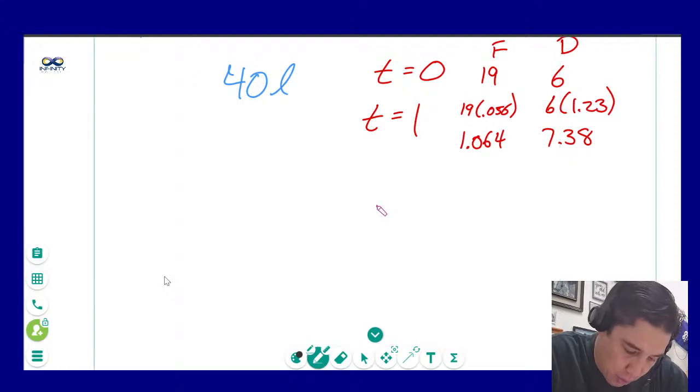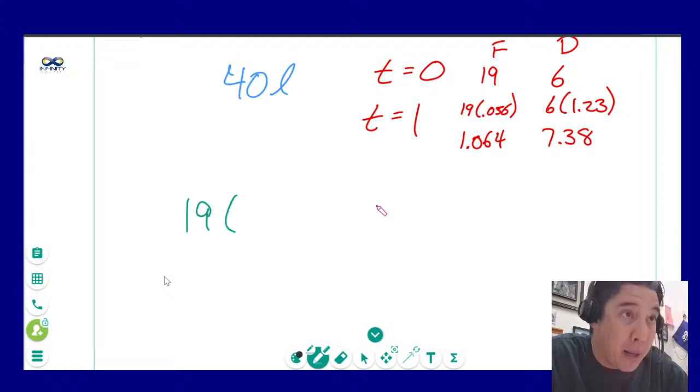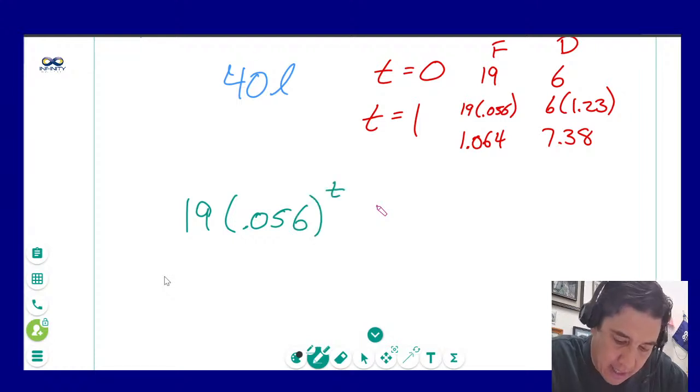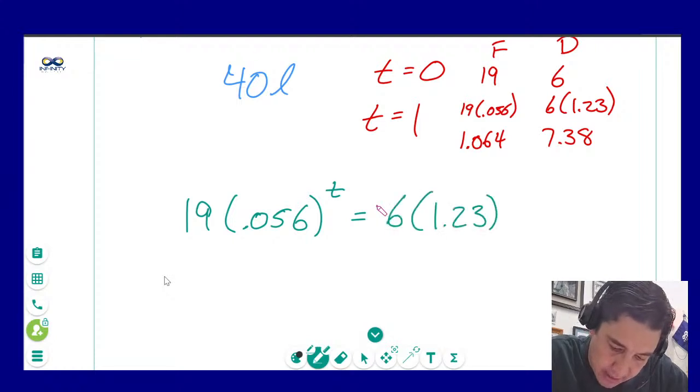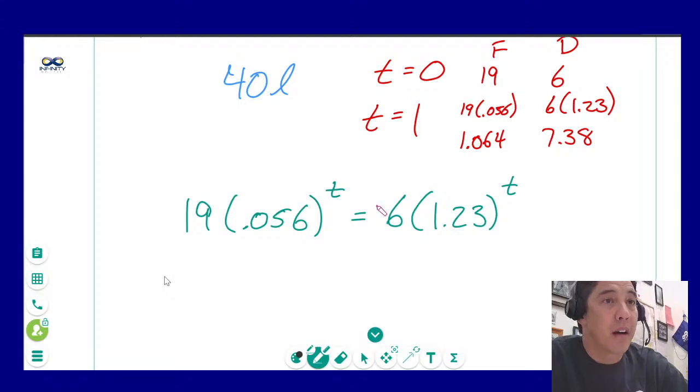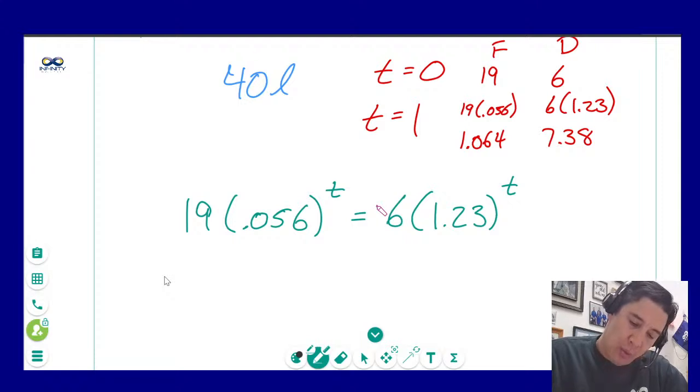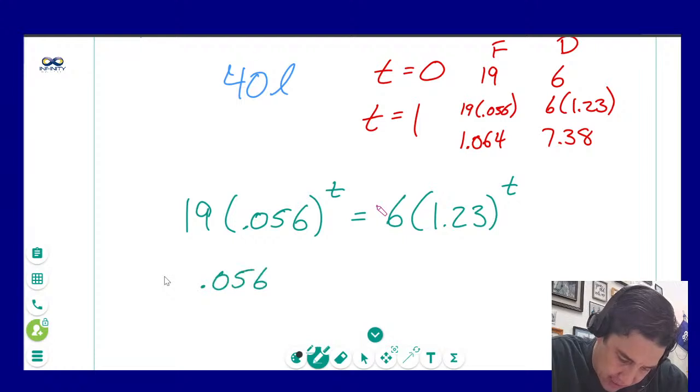So I'm going to do 19 times 0.056 to the T is equal to 6 times 1.23 to the T. All right? And now we have to solve for T. How am I going to do that? Because we have unlike bases, right? So what I'm going to have to do, I can say that 0.056 to the T